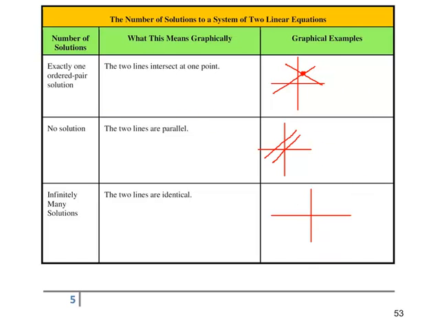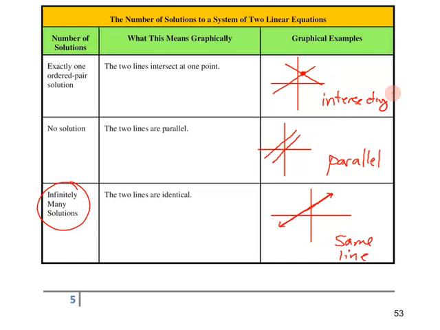if you have two lines, but they happen to be the exact same line twice. Right? How many points do those things overlap? Well, they overlap on all of their points, right? So that's when you have infinitely many solutions. Okay? When they're the same line. This is when they're parallel. And this is any type of intersecting lines. So you could get exactly one ordered pair solution, you can get no solution, and you can get infinitely many